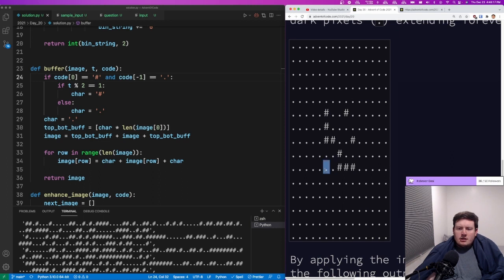And then this one would turn into a pound. Sorry. This one would turn into a pound, and then this one would also be pound, pound, pound. This one is probably pound as well because there's only one light. But this one would not be pound, pound, and then pound. So the next buffer I do